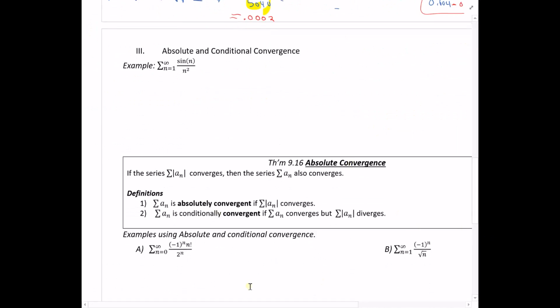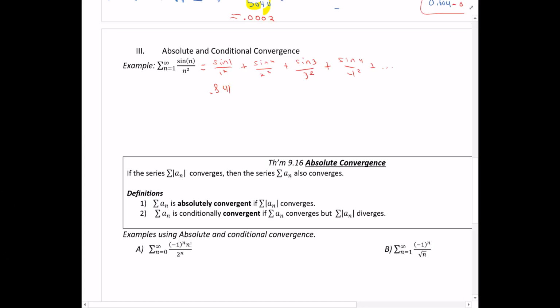Next thing we're going to talk about is absolute versus conditional convergence. To do this, let's look at this series real quick and see how it's kind of like a weird one, right? So for this, let's look at some of the terms. This would be sine 1 over 1 squared plus sine 2 over 2 squared plus sine 3 over 3 squared plus sine 4 over 4 squared, and so on and so forth, right? And if we want to see what these actual numbers are, you do sine 1 over 1, which is going to be,